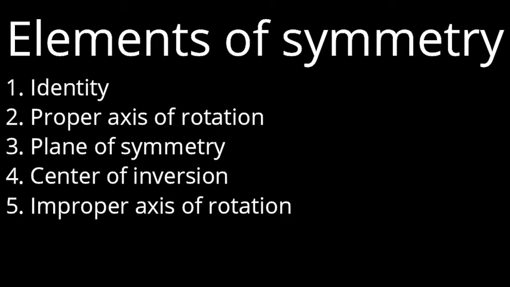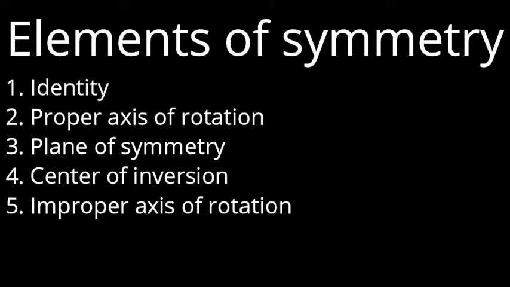So far, we have studied five different elements of symmetry. First one was identity, which was encompassing all the points in the molecule and around it. Second one was axis of symmetry, which was composed of one line. So what will be common in identity and axis? A line will be common.